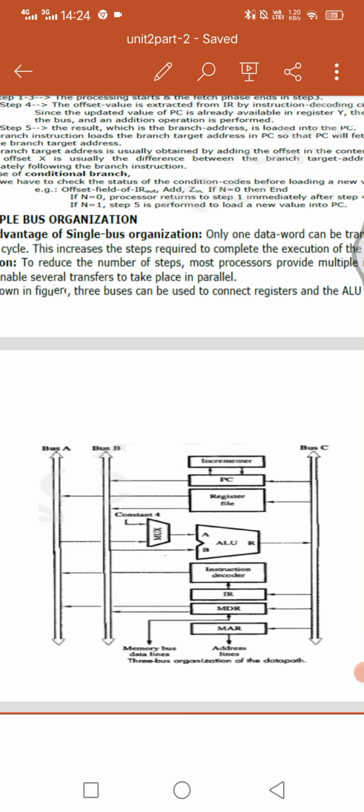Previously we had to increment the PC with the help of the ALU, but here it is possible to increment without the ALU, with the help of the incrementer. Then the register file contains 3 ports: 2 output ports, and the third port loads the result into C.